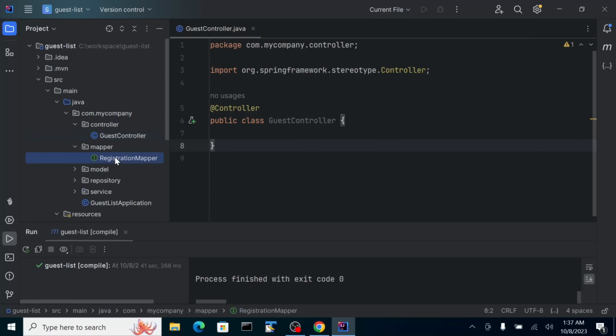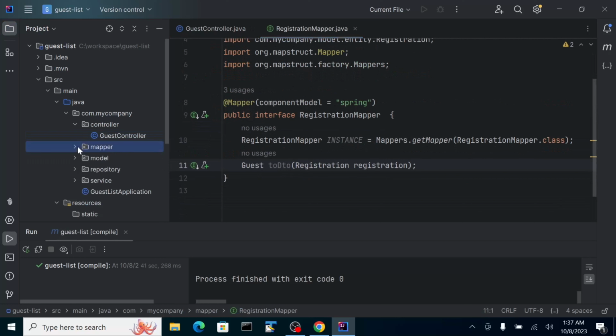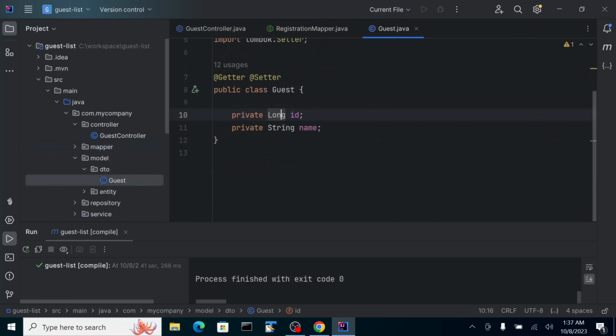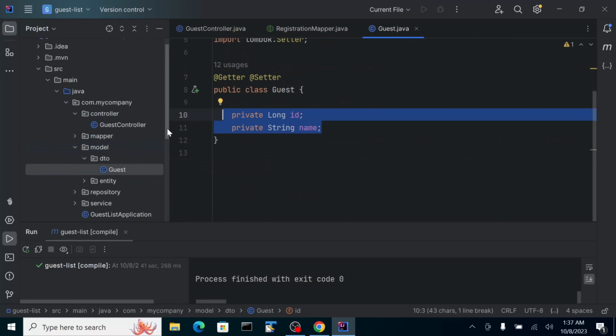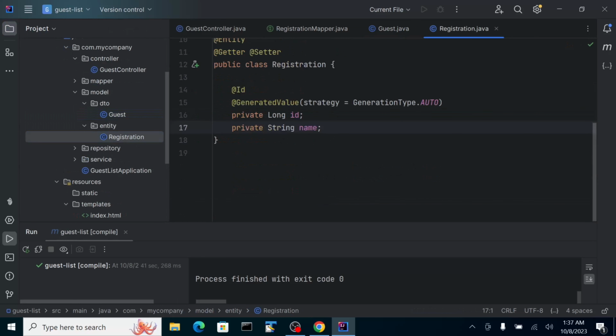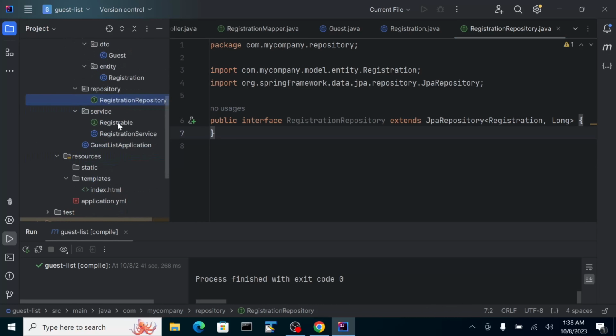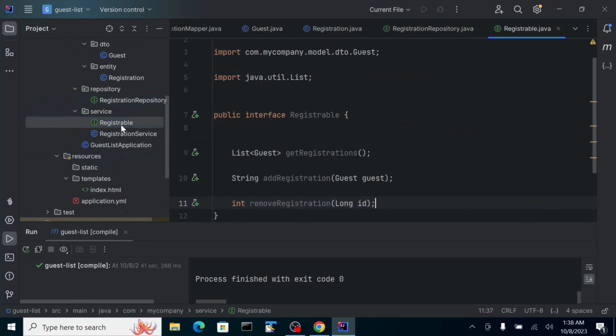The mapper allows us to convert one object to the other. I'm going to explain it later. Then we have the model, the DTO. This is our entries for our DB, and then of course we have a separate registration entity where the properties are the same as our DTO. Then we have the repository, which extends JPA, and on the service we have the interface which